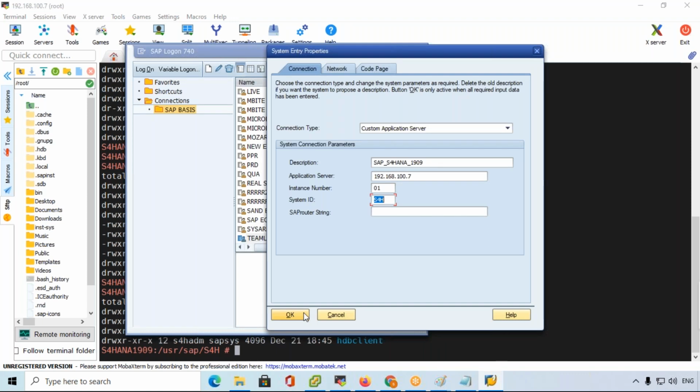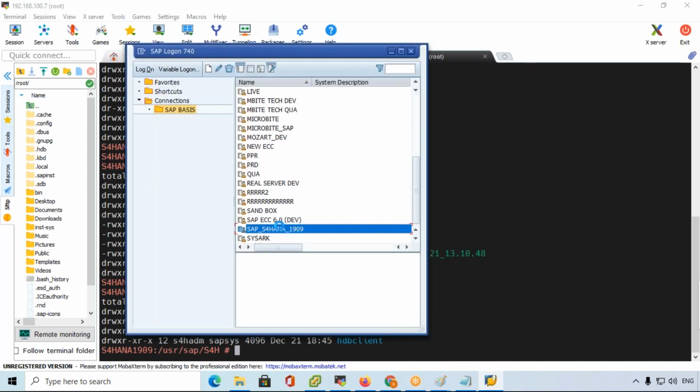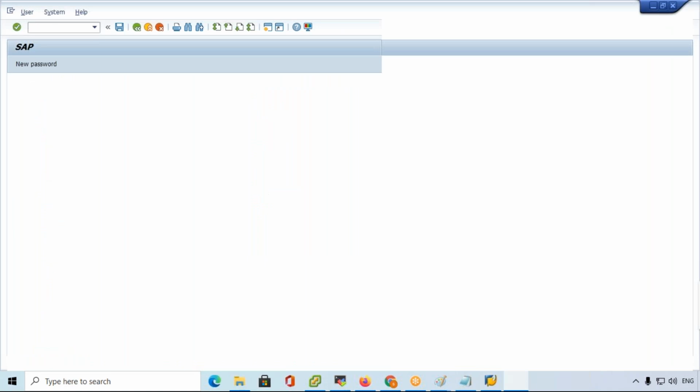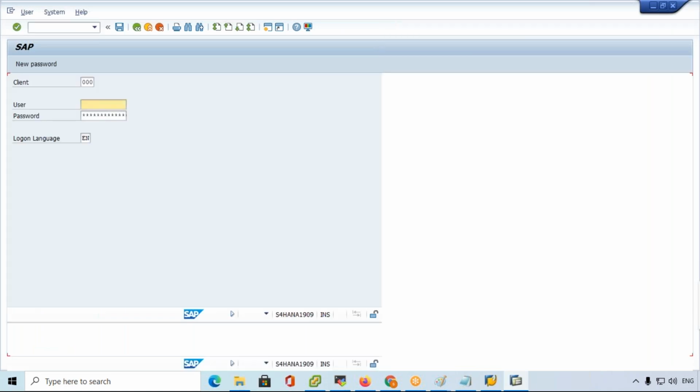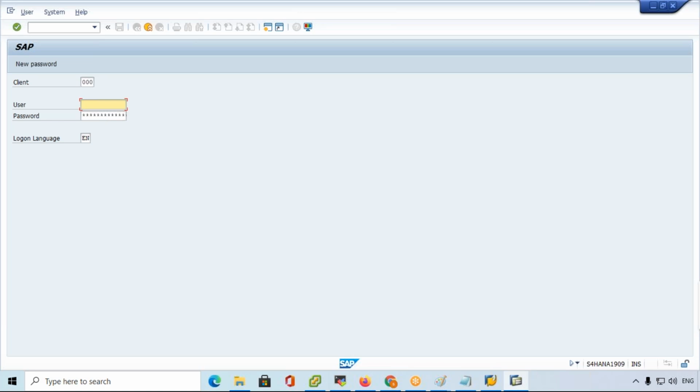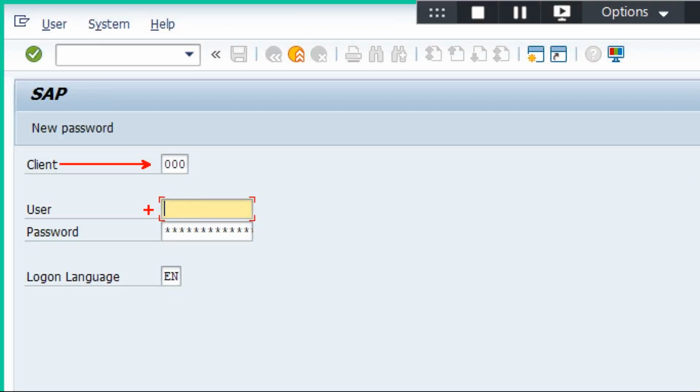Click on OK. Now double click on it. Yes, the SAP system is open. So here it is displaying client number 000 and user. Here we need to enter the user and password.